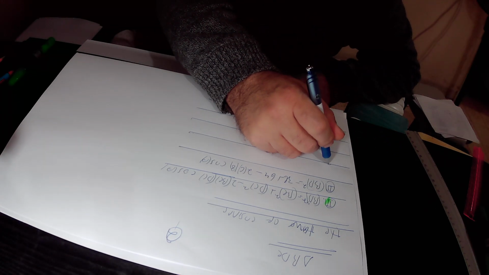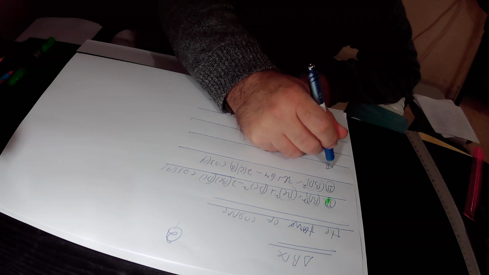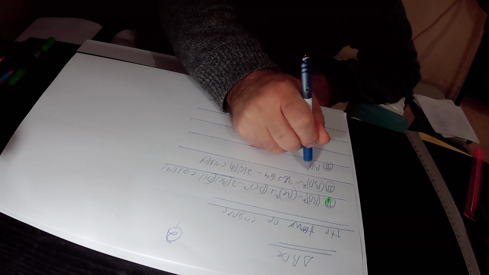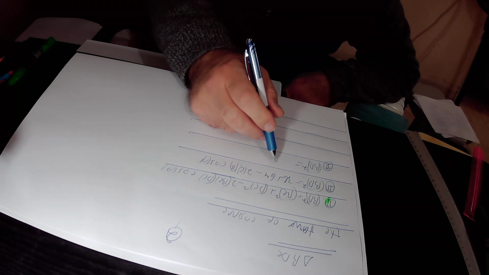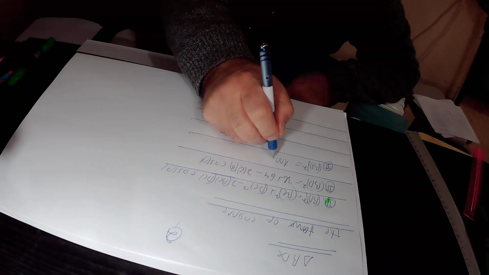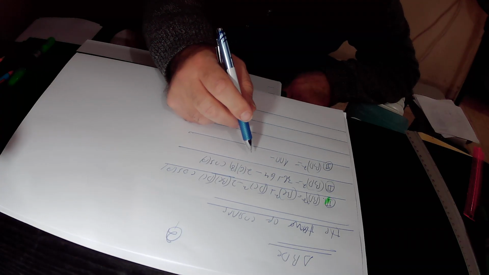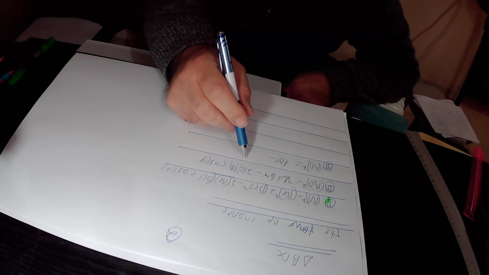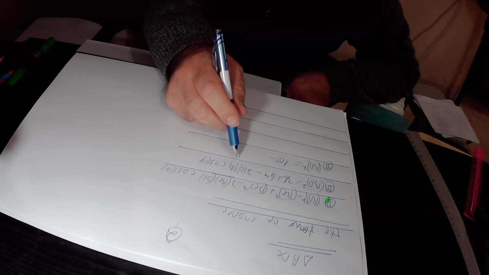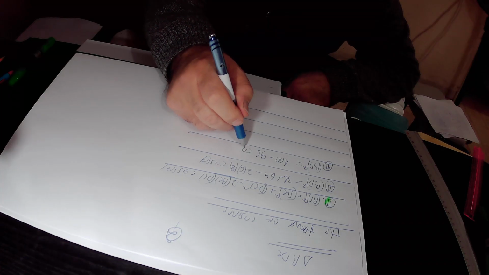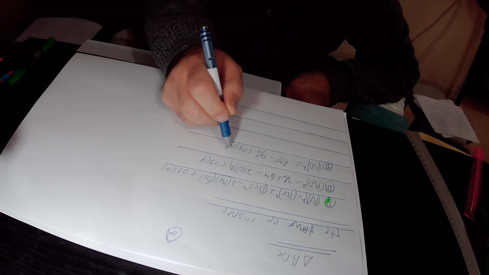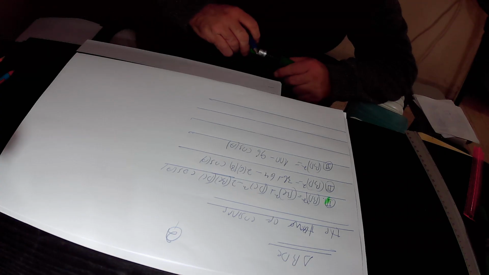So BD square equals 36 plus 64 is 100, minus 2 times 6 is 12, 12 times 8 is 96, times cosine theta. So total according to equation 2, BD square equals 100 minus 96 times cosine